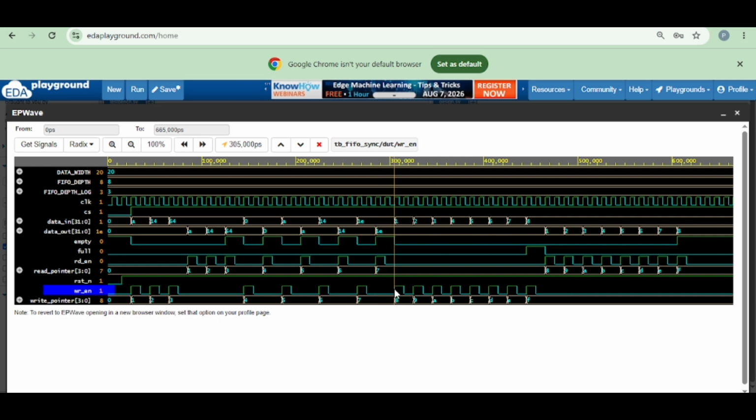Provide the full condition, provide 0 1 1 1. The write enable pin is always 1, the write pointer